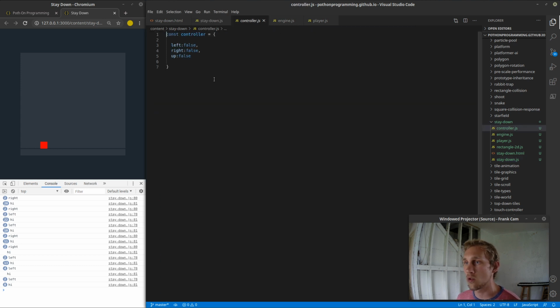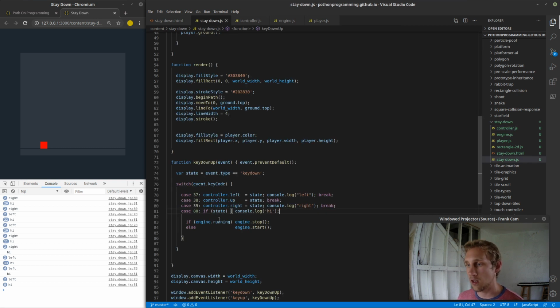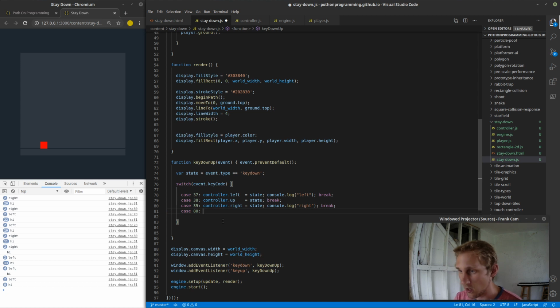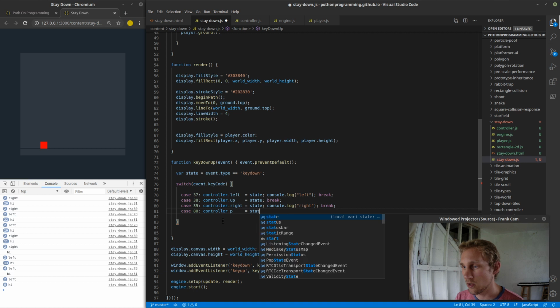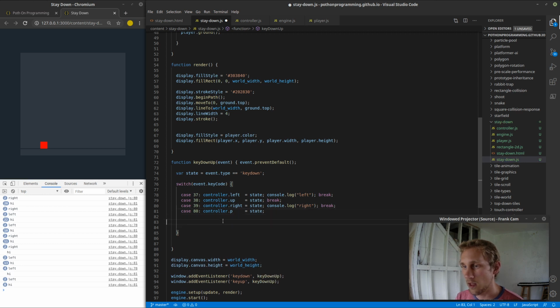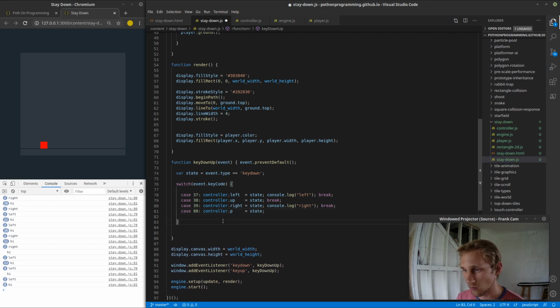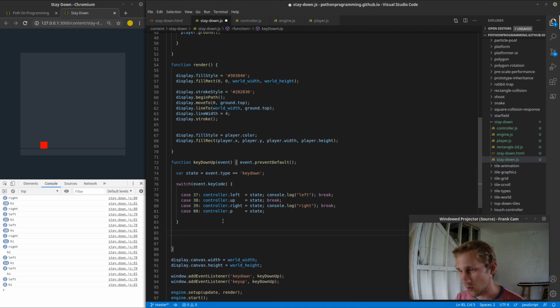I'm going to go to the controller object. I'm going to make a property called P and make it false. Save. I'm going to come back in here, if state. I'm going to undo this here. I'm going to come in and say controller.p equals state. And then outside of the switch, I'm going to say